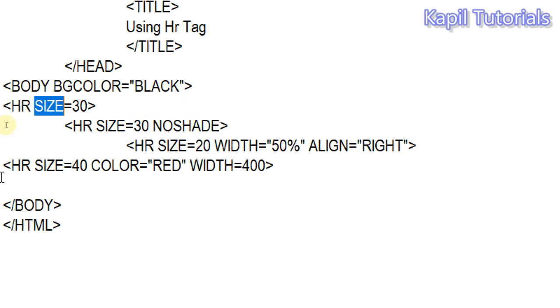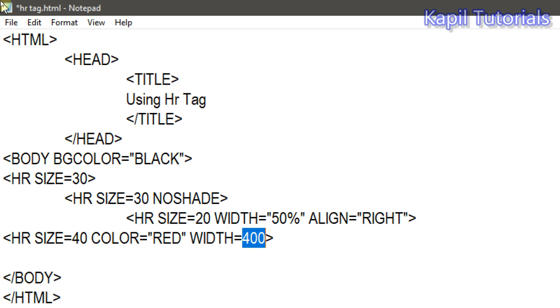Alignment has been told to you. Then size 40, color, you can give any color also. Then width, either you can give in percentage or you can give in pixel numbers, 400, 500. So I hope this tag has been clear to you, how to use the HR tag.